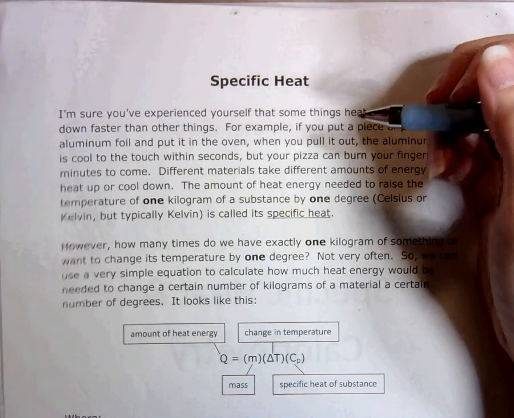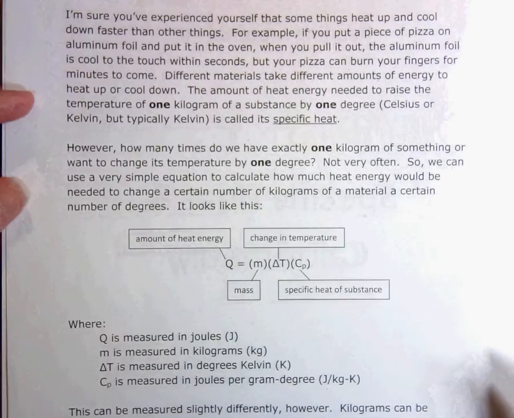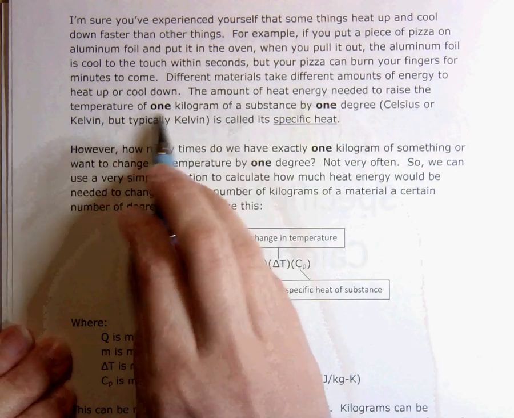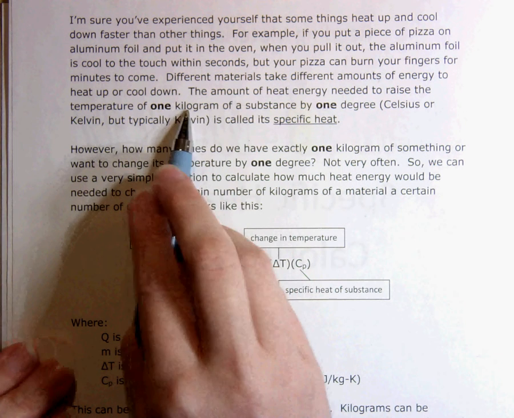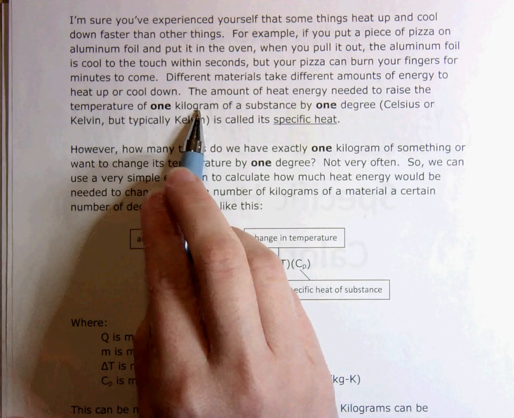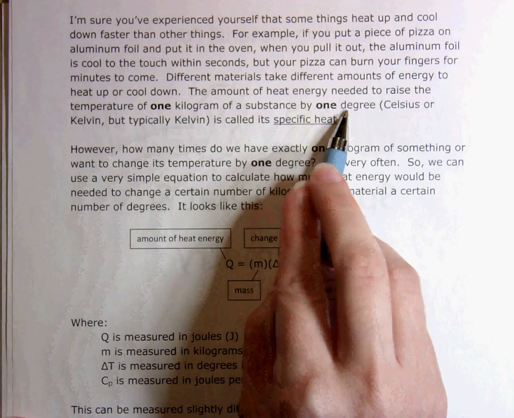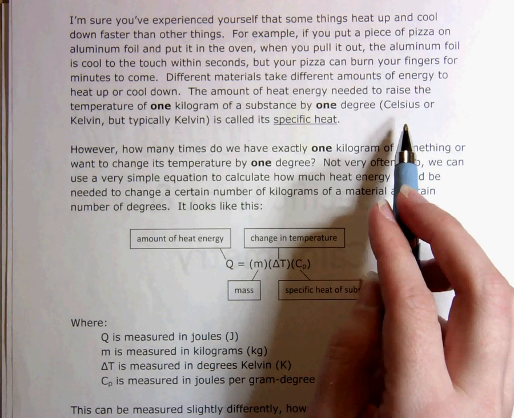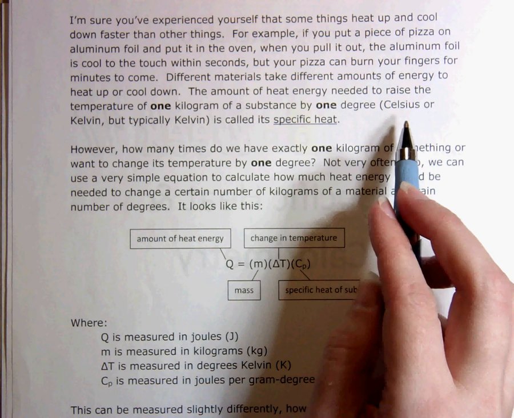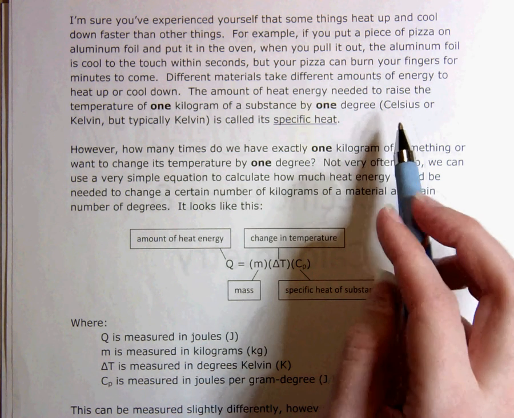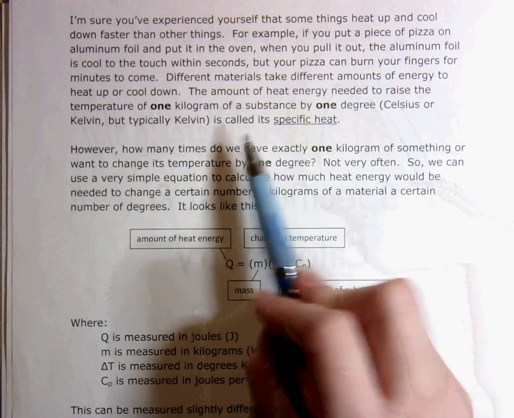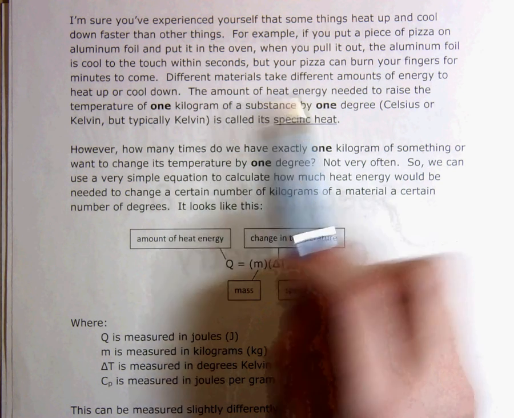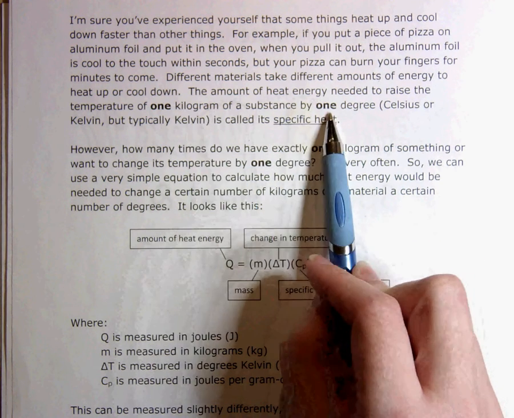What specific heat is, it is the amount of heat energy that's needed to raise the temperature of 1 kilogram, or sometimes 1 gram, depending on the unit that we're using, of a substance by 1 degree, either Celsius or Kelvin, because the change in 1 degree Celsius or Kelvin is the same amount of temperature increase. So specific heat is just how much heat energy it takes to raise 1 kilogram of a substance by 1